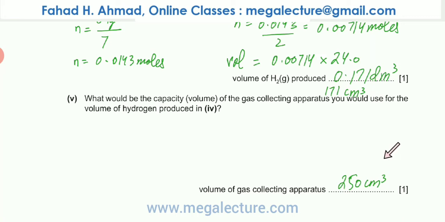You don't want the gas syringe to fail or explode, because you're just cutting a small piece of lithium with a knife. So you're not going to be very accurate. You're not going to be exactly at 0.1 grams. You might by mistake cut 0.13 grams or 0.15 grams. So you need some room for the inaccuracies in the apparatus. So always keep some room when you're trying to figure out the dimensions of the apparatus. So 250 cm³ is a safe volume for the gas syringe.